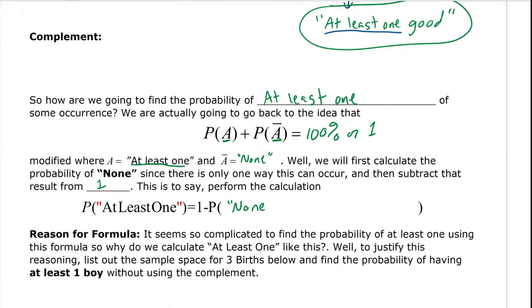happening. And the reason for that is, there's a lot of ways that at least one can happen. One could happen if one of it happens, two of it happens, three of it, etc. Well, none only happens one way. There's only one way that none happens, like everything fails or whatever. You have zero, one option. We'll look at a problem below and talk about this in a little bit more detail, but this is the easiest way to calculate the probabilities of at least one: take none,